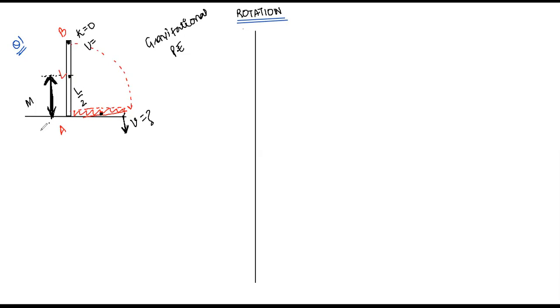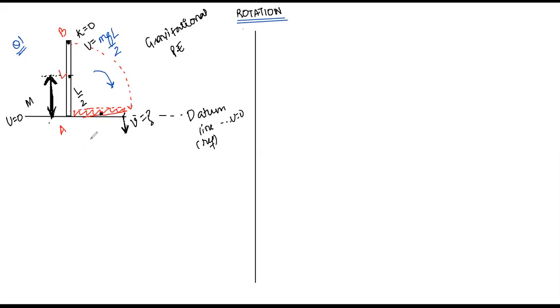L by 2. So let's say we consider the surface as potential energy 0. This line is, by the way, called the datum line. Datum line is the line about which we take reference, where we take U as 0. So what should be U when the rod is standing? U is mgL by 2. Very good, now you are correct. Now as it comes down, we are going to conserve kinetic energy and potential energy, correct? Yes, sir. Okay, let's do it. What is the kind of motion that the entire rod is going in? Is it some kind of rotational motion or linear motion?